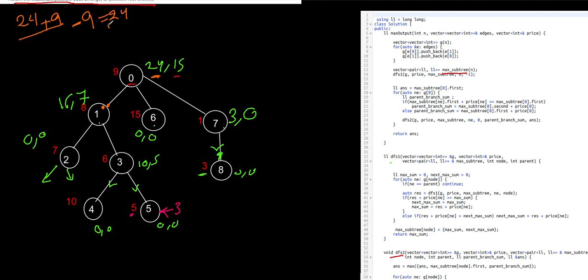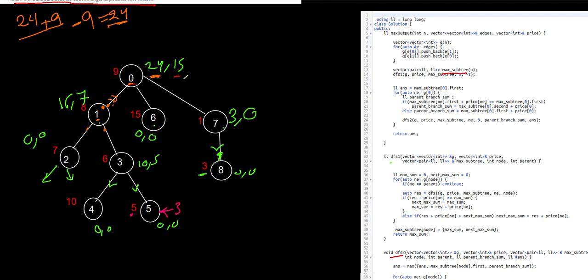the cost is 24. Now we need to calculate the cost for this one, because we are doing depth first. So we are going to visit node 1, and for this node we have information about these two branches, but we don't have information about this branch. And so before visiting this node from the parent node 0, we need to provide this node with the cost of this branch. And to do that,